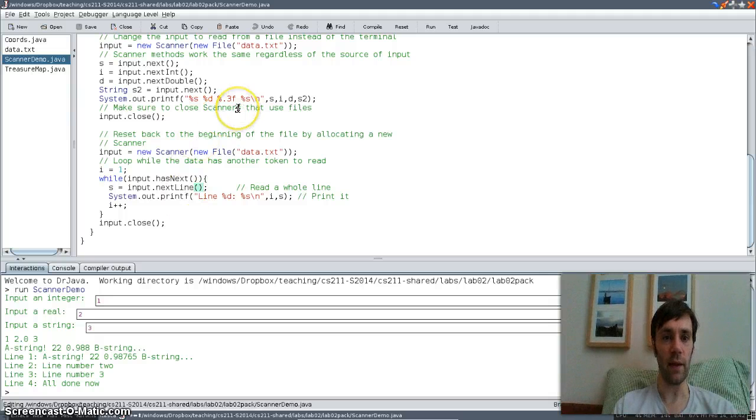A variety of methods that let you grab various things and do parsing on them. Next will just grab a string for your general input. nextInt, nextDouble, will grab numbers of various types. A quick note, if you try and read something that can't be interpreted as an integer, you will get an